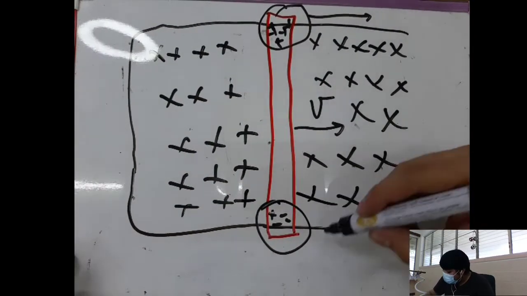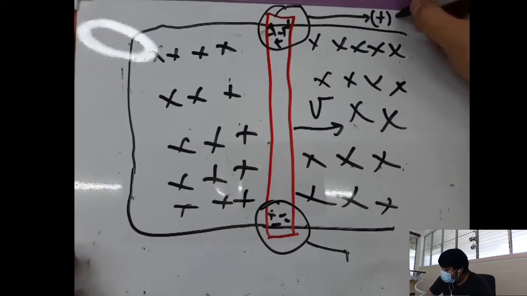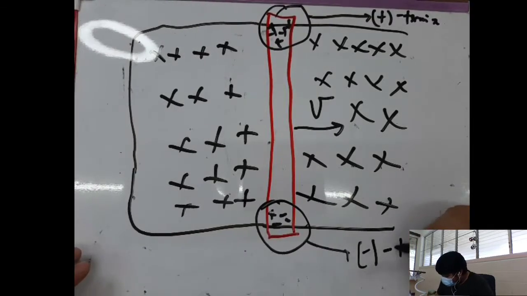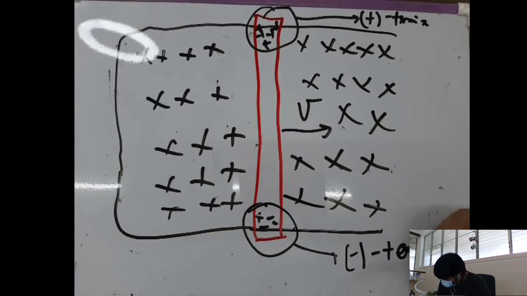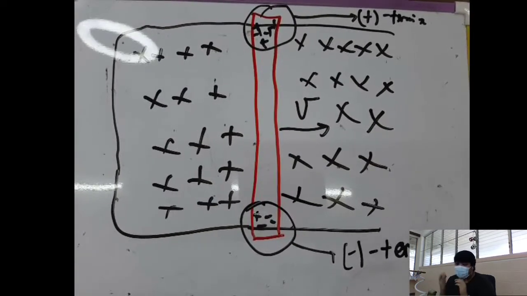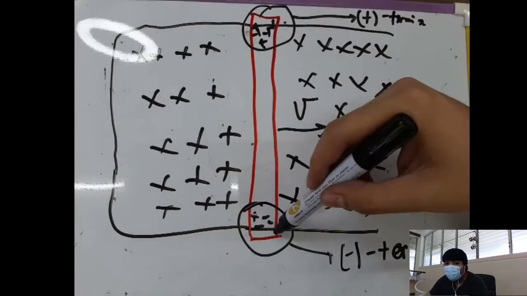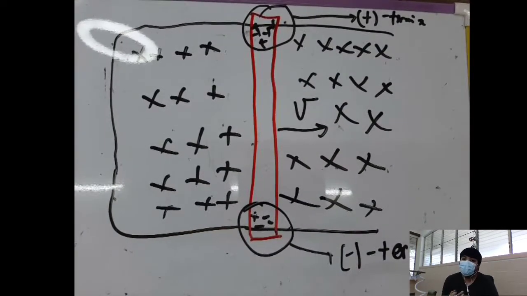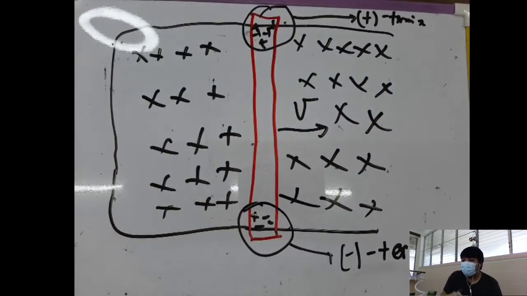So this reservoir of holes and electrons is your positive and negative terminal in the language of electrochemical cells, or batteries. In the language of electrochemistry, this is your anode and this is your cathode. Now, since the definition of electric current is a movement of positive charges,